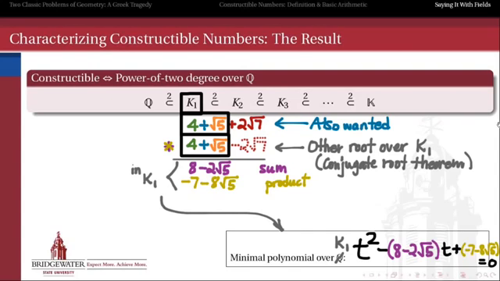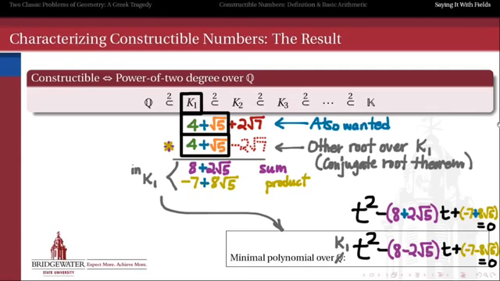And in order to do that, we can use the sum and product theorem one more time to find that there's another quadratic polynomial whose coefficients are in k1 that will have those two as the roots. And the sum and the product will be those, 8 plus 2 radical 5 and negative 7 plus 8 radical 5. And according to the sum and product theorem, this polynomial equation, then, has those two other conjugates as the